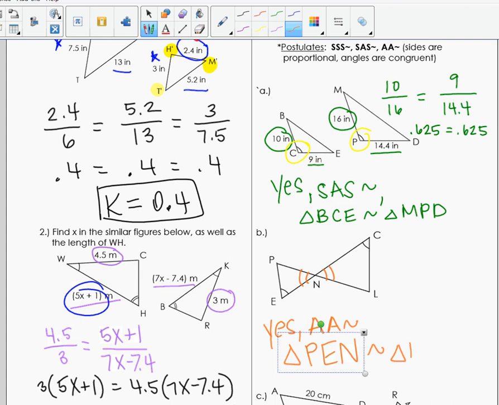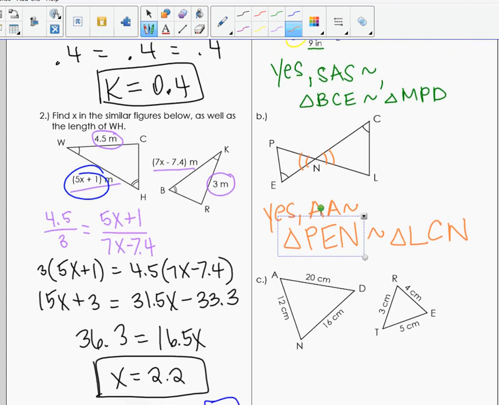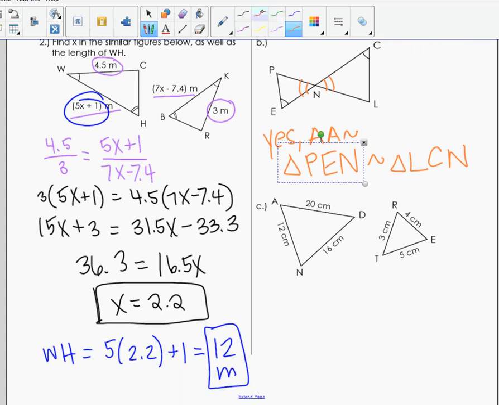P has to go with L, E has to go with C, and N has to go with N. Remember, order is extremely important there. It doesn't matter what order you put them in, but by order I mean P and L need to be in the same spot, E and C need to be in the same spot, N and N have to be in the same spot. Okay. All right, for the last one on this,